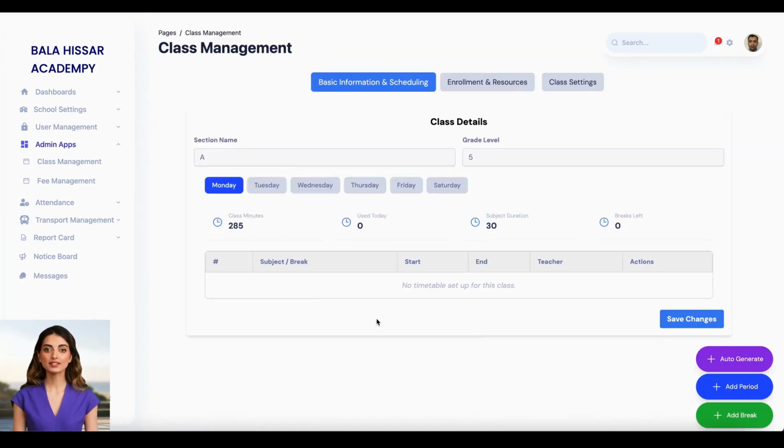This opens the Basic Information and Scheduling screen, where we see the timetable and settings of the class. Here we see Add Break, Add Period, and a new button called Auto Generate, which will generate the timetable for the class. But before doing that, we need to make sure a few things in the class settings are set